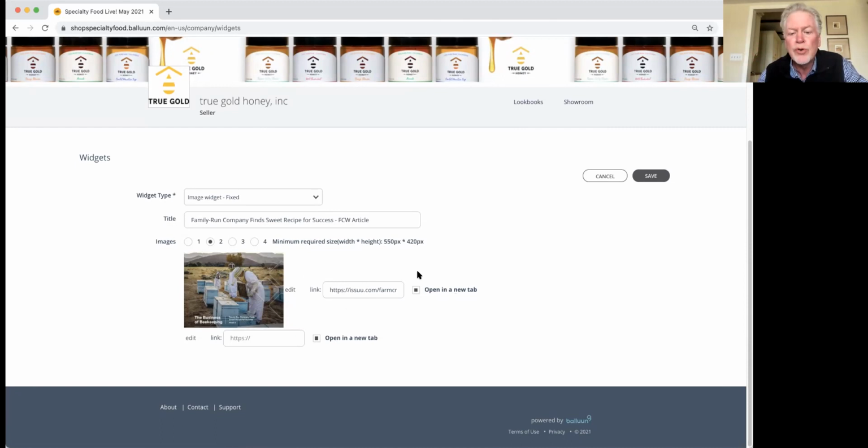We would strongly encourage, we've turned this radio button on by default, because opening a new tab is a better user experience, because they'll stay on your profile page in the current tab. Okay, very simple to do that. When you have uploaded your content, you can save it,